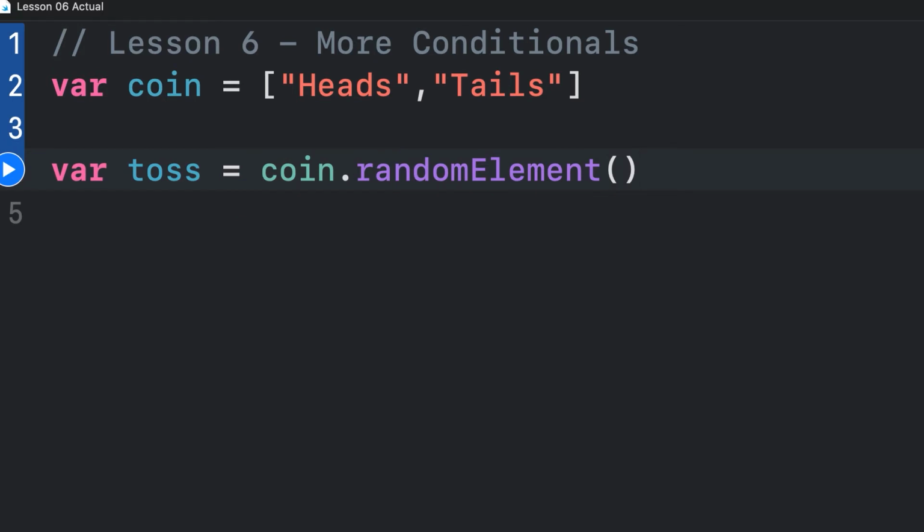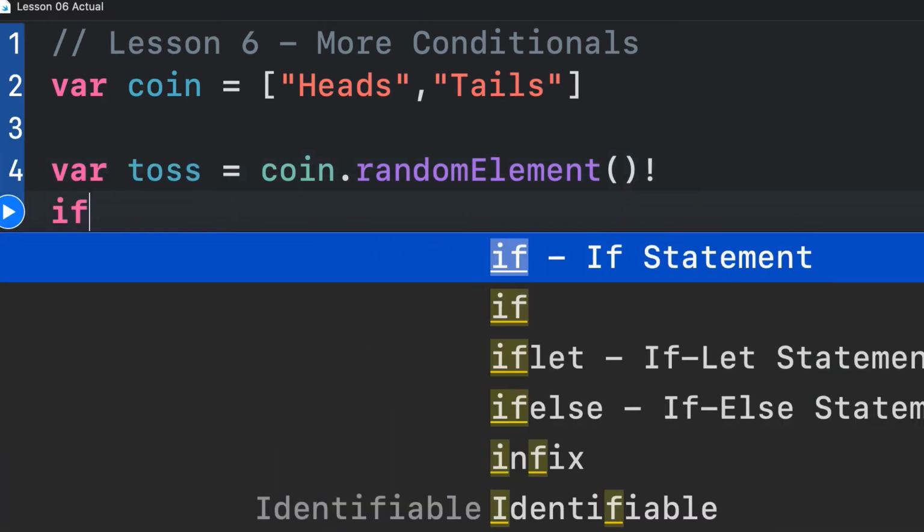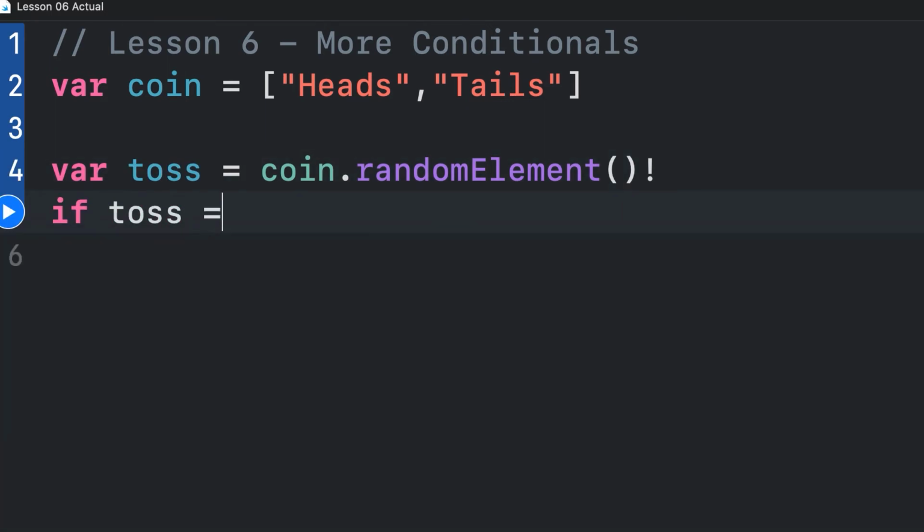In our particular case, we know that we have at least one element, so asking for a random element will for sure give us one thing. So I'm going to put an exclamation mark at the end of this line to tell Swift to ignore the fact that it might not give me any answer, because we know that coin is going to give us an answer this time. Now I can say if toss is equal to heads,